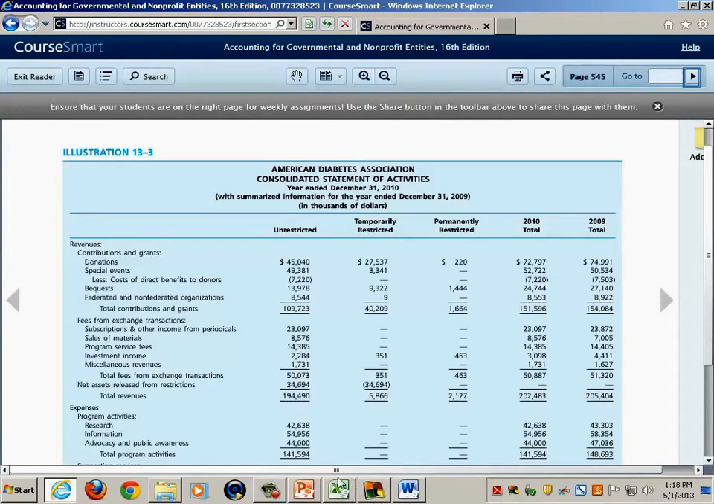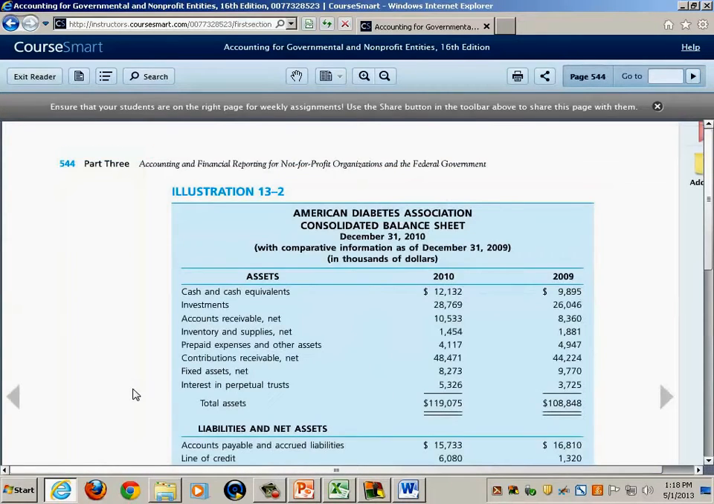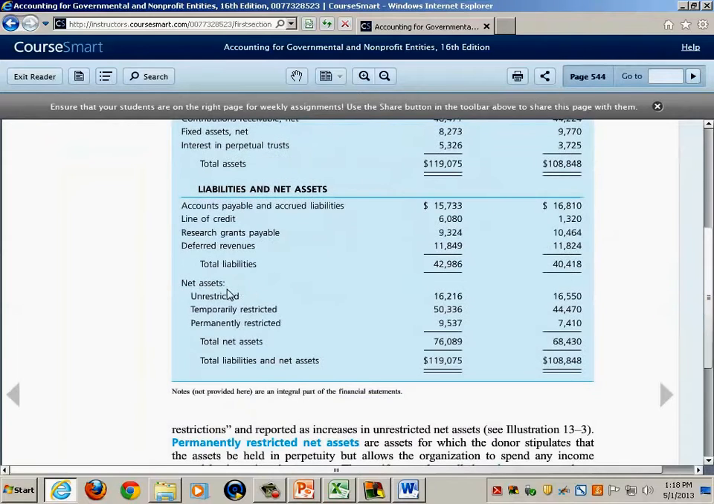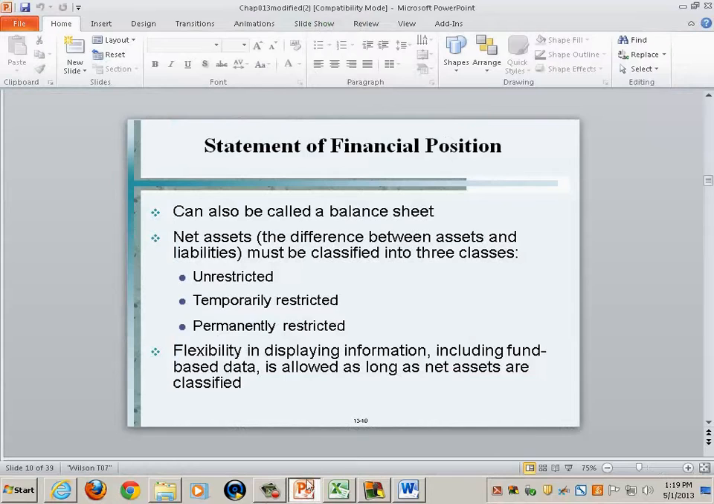Okay. Everybody see that? And in fact, when you look at the balance sheet, look at net assets being again split into three categories for not-for-profits: unrestricted, temporarily restricted, and permanently restricted. So it's really nothing more than that by itself. Okay. All right, so let's go back to our